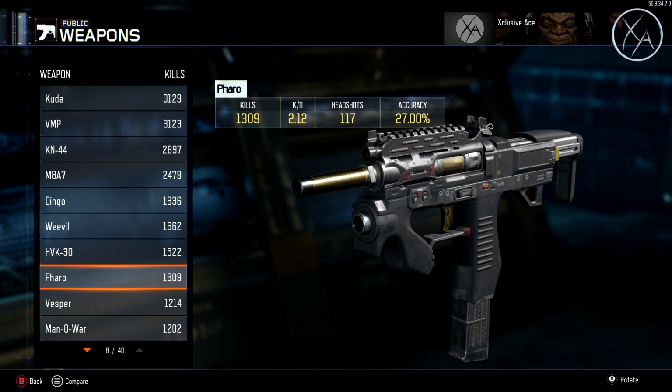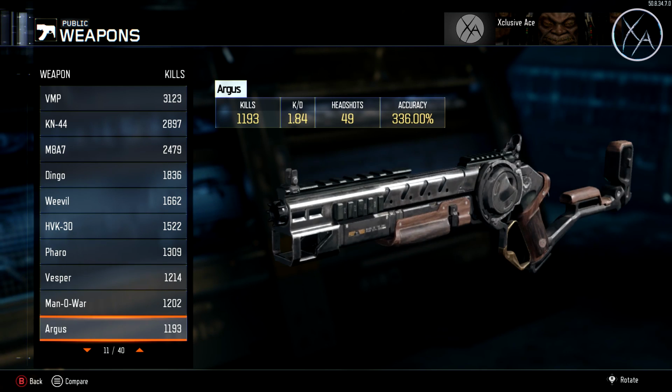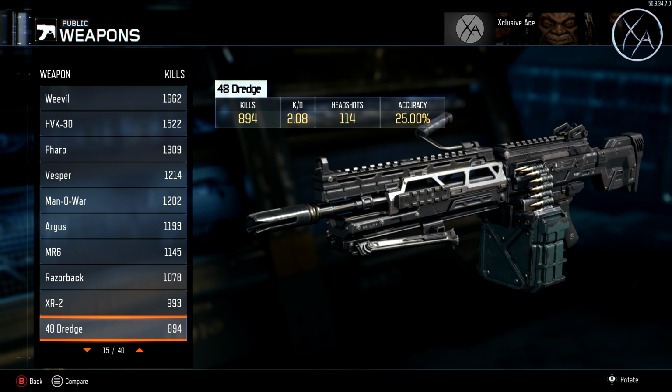But you can pause it if you want to see the accuracy stats and KD and all that kind of stuff. But I'll scroll through at a decent pace here. I'm pretty happy with the fact that I have more than 1,000 kills with a lot of the guns in the game. I know I've got 3,000 kills with some of them and only 1,000 with others,